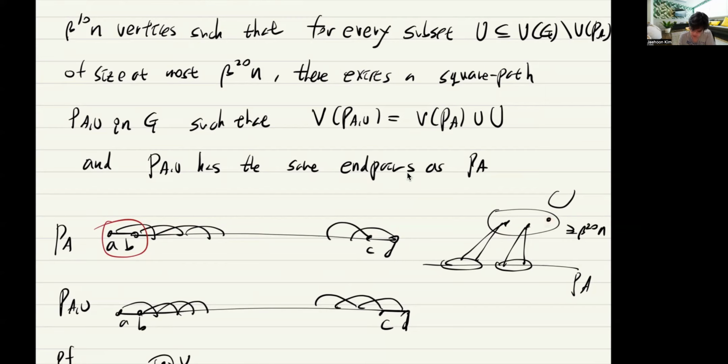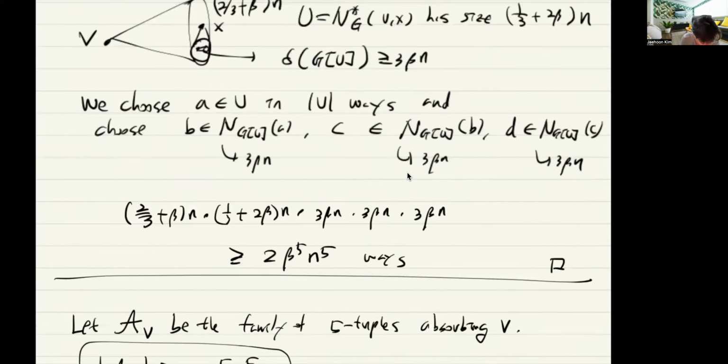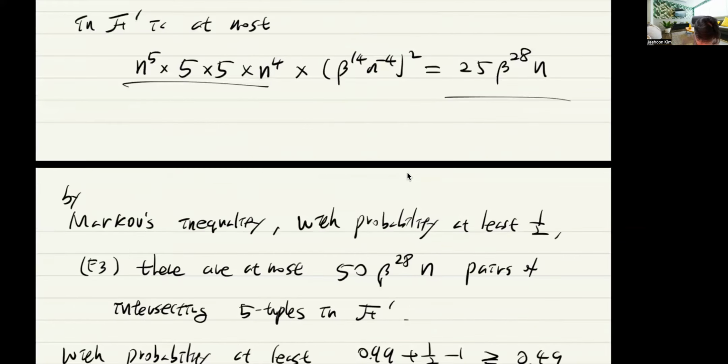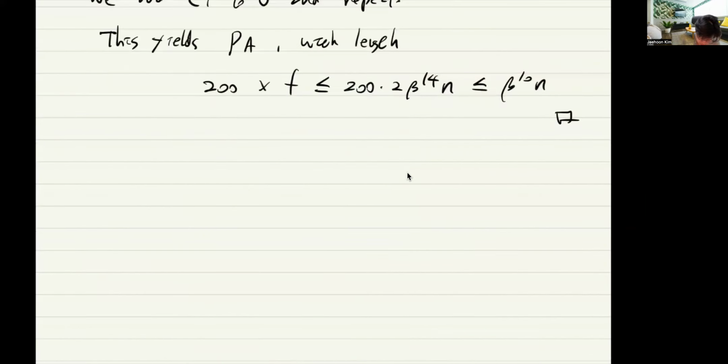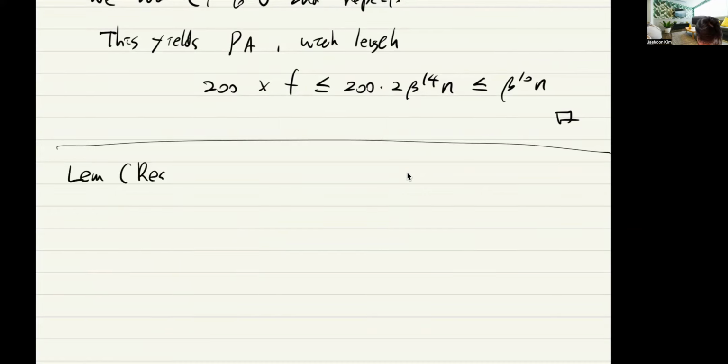So that every time you can forget about the 5-tuples that have already been used, and you can choose a new one that absorbs it. So altogether, it's absorbing this arbitrary set U. And that's the absorbing lemma. And the following, say, reservoir lemma